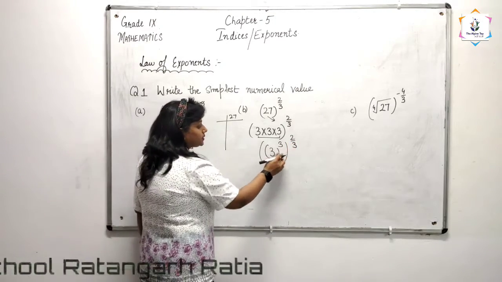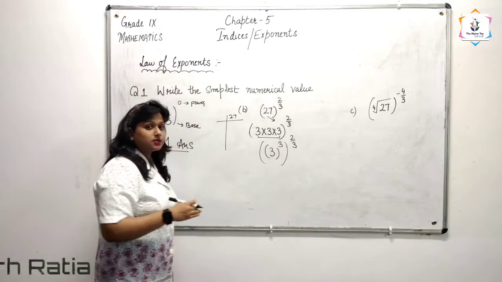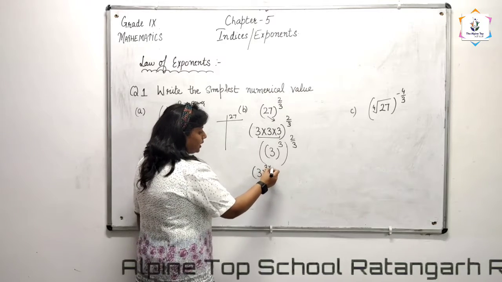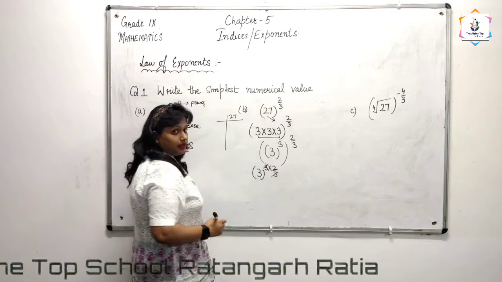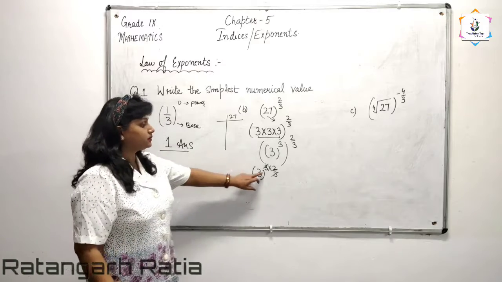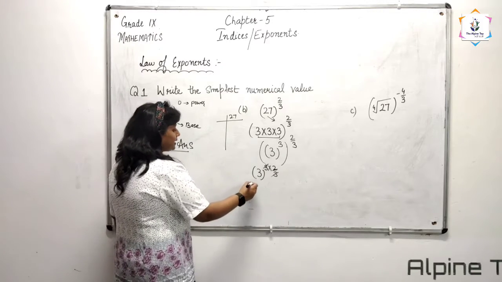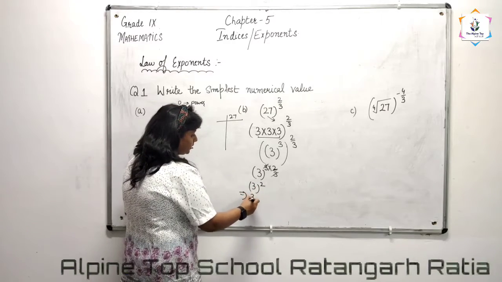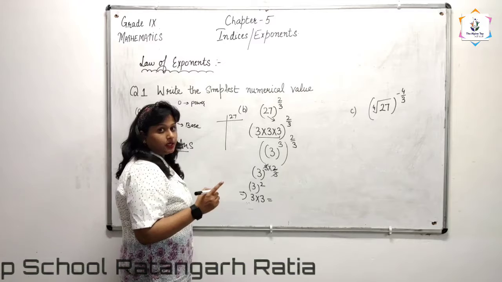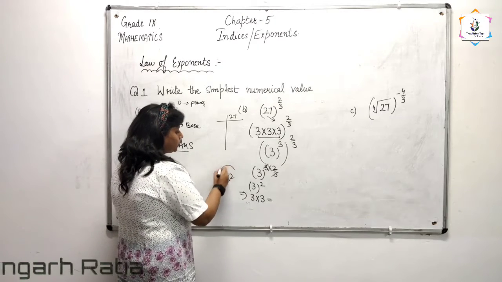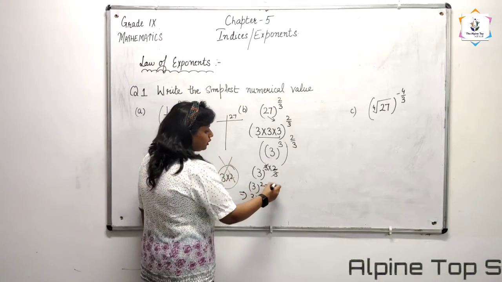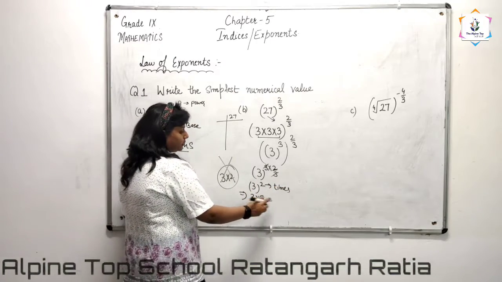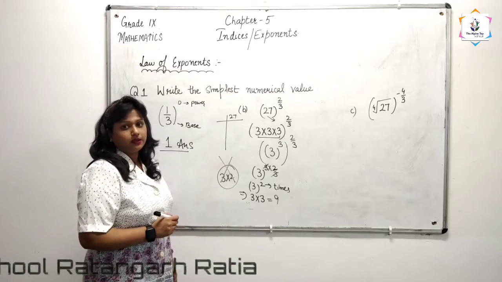We have already done this rule. What is the rule? If the power of a power is given to you, the powers will be multiplied. If there is any simplest form, then you have to cut it. So what is left? 3 raised to power 2. 3 raised to power 2 means you will write down 3 two times. Don't multiply with 2. It is totally wrong. Power of 2 means you write it down 2 times. So 3 multiply 3, it is 9.